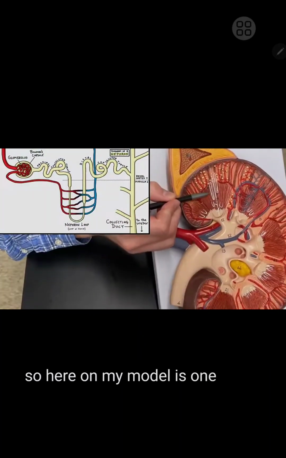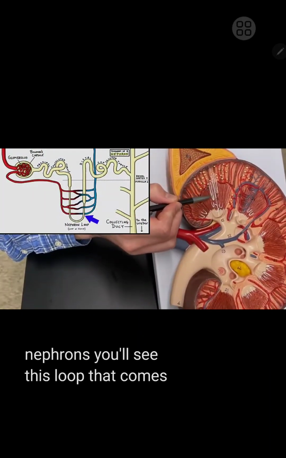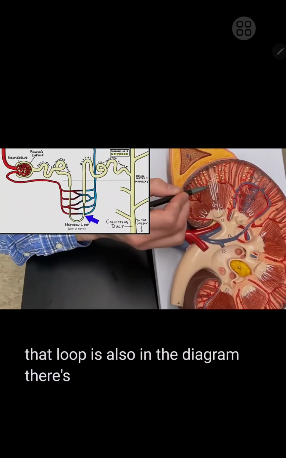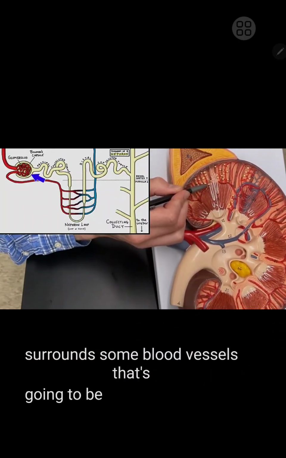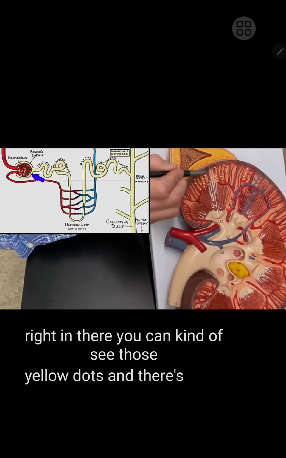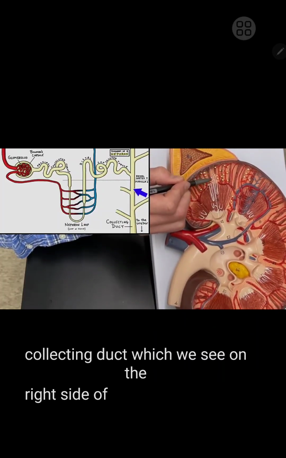So here on my model is one of the nephrons. You'll see this loop that comes down, and you notice that loop is also in the diagram. There's going to be this capsule that surrounds some blood vessels. That's going to be right in there. You can kind of see those yellow dots. And there's going to be a collecting duct, which we see on the right side of our diagram that I